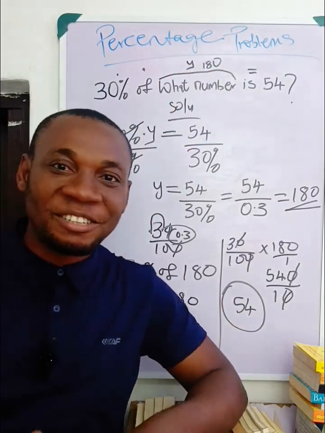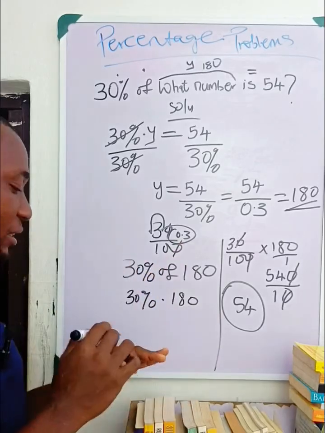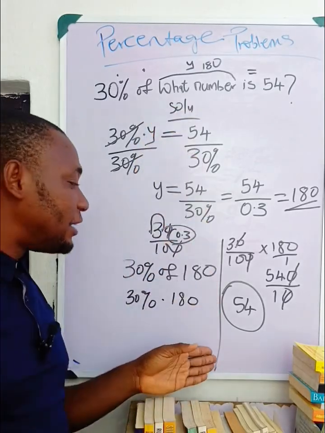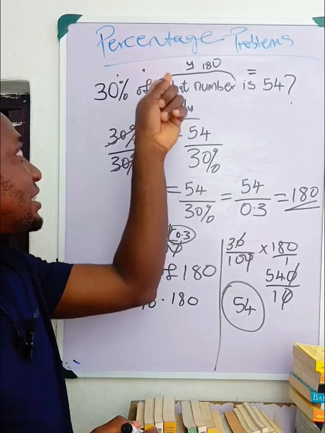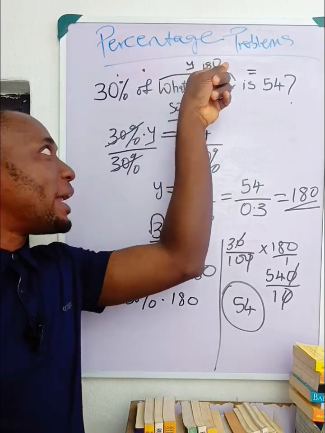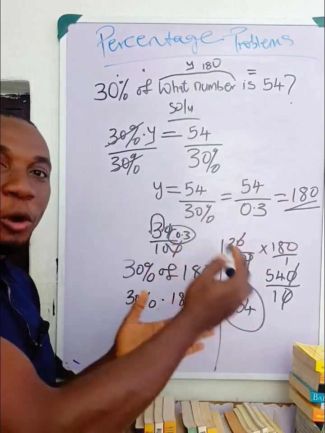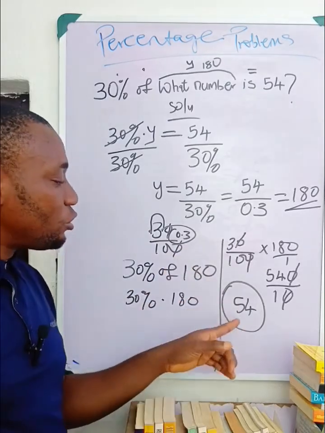180 is that certain number. I hope you understand the process. You can watch the video again to be able to understand how we got the certain number as 180, and we also have to do some mathematical checks to also discover that